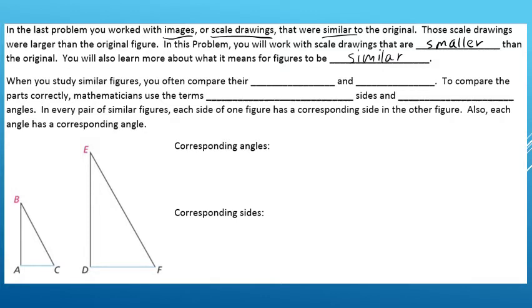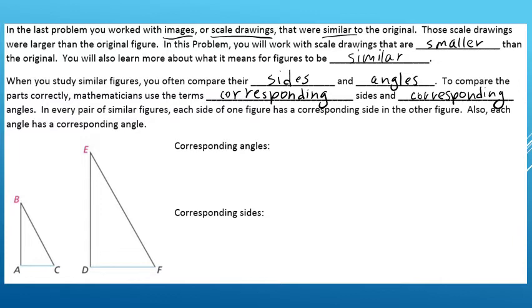When you study similar figures, you often compare their sides and angles. To compare the parts correctly, mathematicians use the terms corresponding sides and corresponding angles. In every pair of similar figures, each side of one figure has a corresponding side in the other. Also, each angle has a corresponding angle. You might find it helpful to color code this as we go through and look for some examples of corresponding